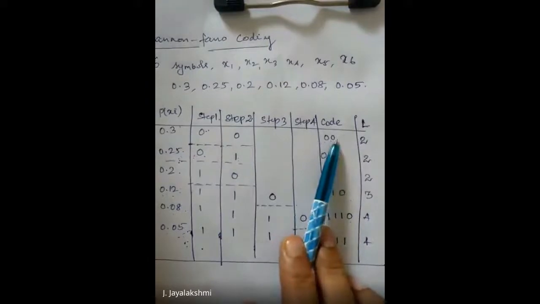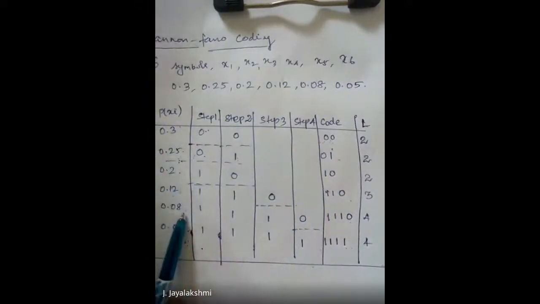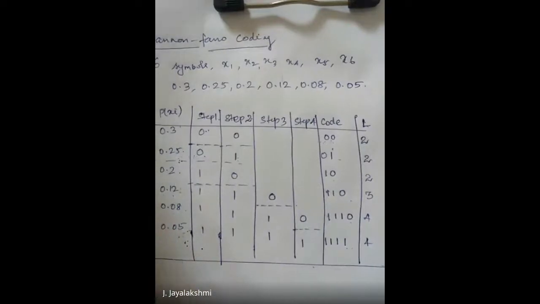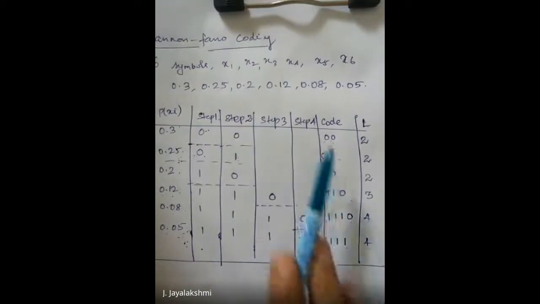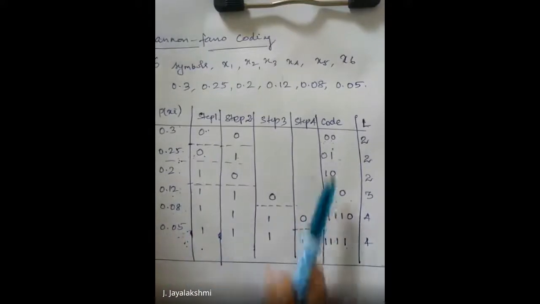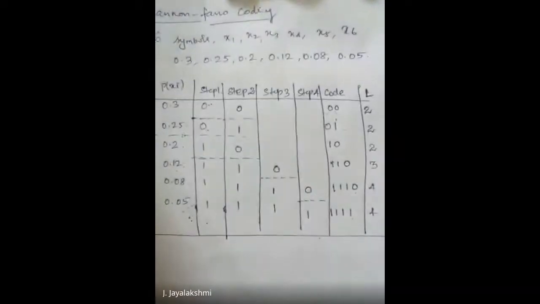And how do you form the code? By means of partition. How do you partition? You have to give equiprobable between the two sets available and assign 0 to the upper partition and 1 to the lower partition. The partition has to proceed till no further partition is possible. Start with that and assign the code word. Just write the bits in a straight line next to your probability. Write the code words, then write the length of the code. This is how you form the length of the code.